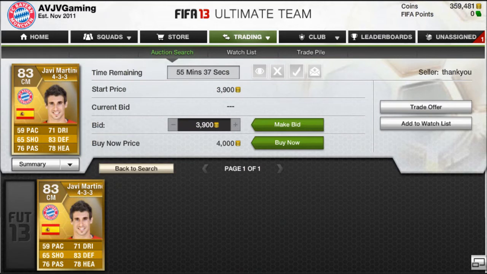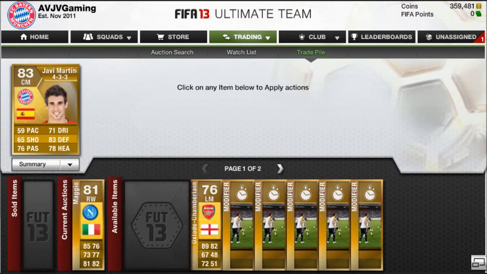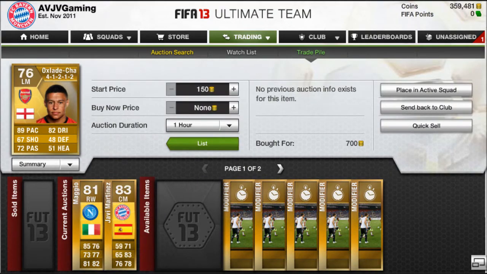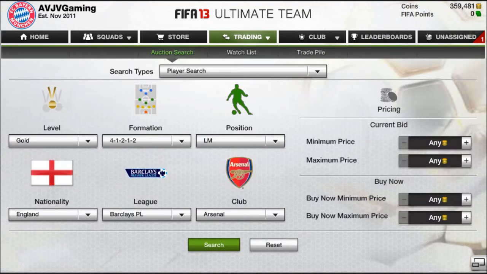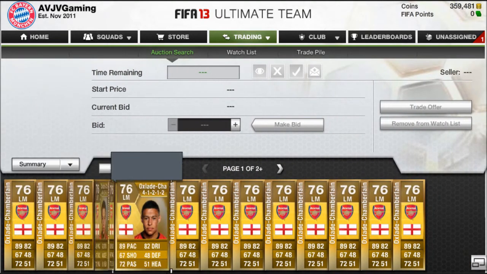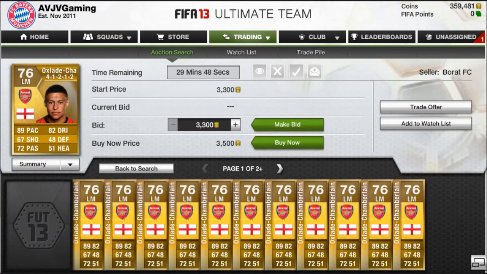As you can see, two for 4,000, so maybe a little bit less, because we want to make a bit of profit, but at the same time make a large profit margin. And that's one of the best things, guys, with this method, is you can make a lot of coins very, very quickly. This was all done on Friday, guys, all this trading, and all the picking up the players, all